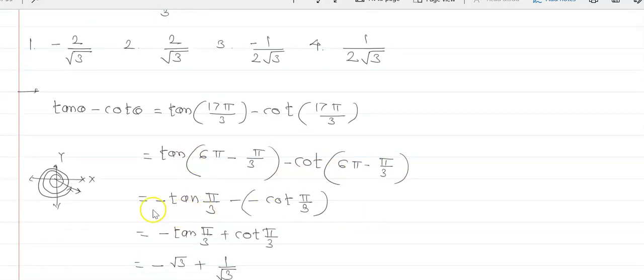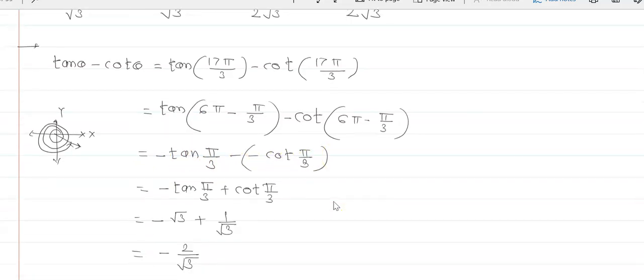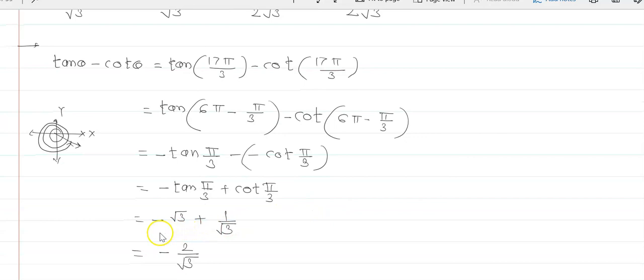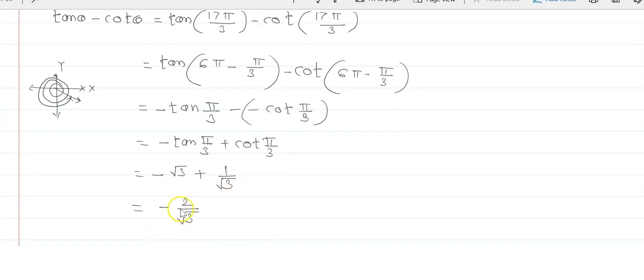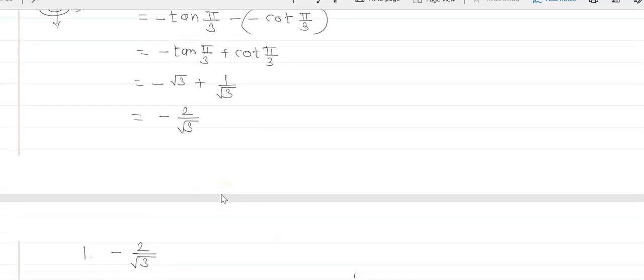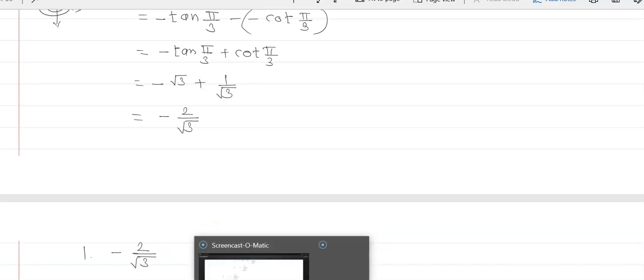The function remains as it is: minus tan of pi by 3 minus, in bracket, minus cot of pi by 3. That minus minus becomes plus. That is minus root 3 plus 1 upon root 3. If we simplify, that is minus 2 by root 3, and hence option first is the correct one. That is minus 2 upon root 3. Now the next problem is